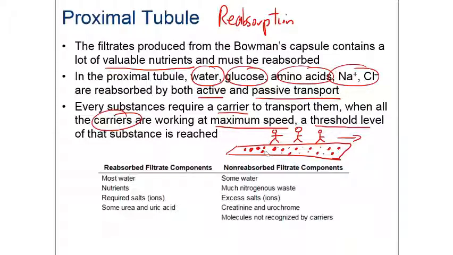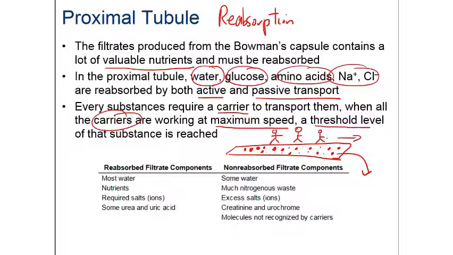Then you won't be able to take all the glucose back, and those glucose will continue on to the rest of the nephron, right? Which is why diabetic patients, if they're not on medication, could have glucose present in their urine, right? Because you're not taking